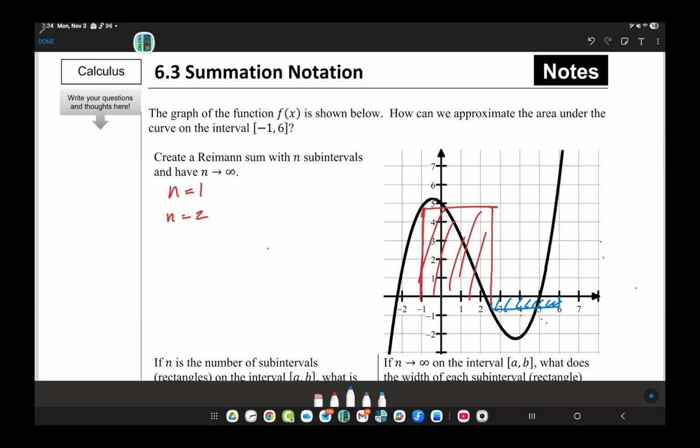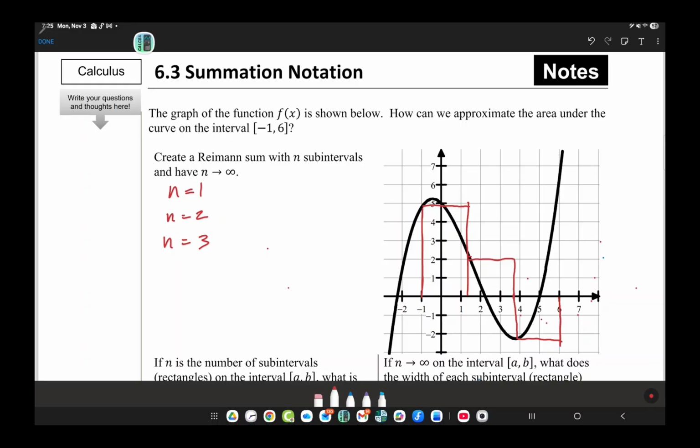Well, what if n was equal to 3? All right, breaking this into 3 parts. So n was equal to 3. That would give us about 2 1/3. So -1 up to here, and here. And there we go. So you kind of get an idea that as we progress,